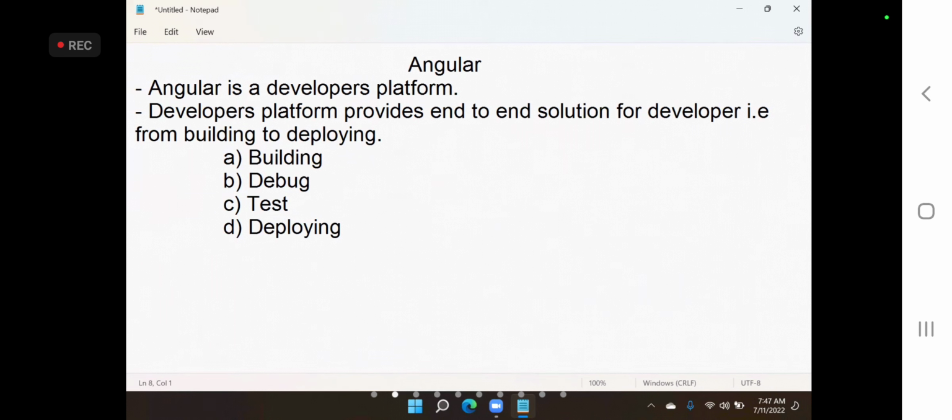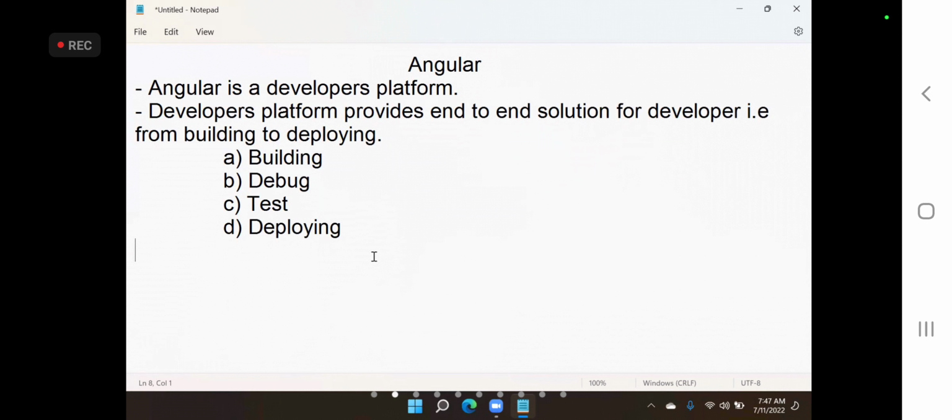Deploying is making it live so that we can start using it and working with it, right? So technically, a developers platform provides a complete end-to-end solution.